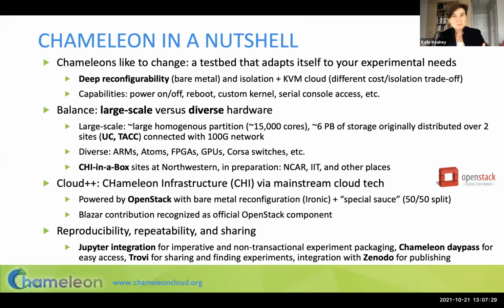Now, that can sometimes be expensive, right? The nodes that we're buying now for Chameleon have more than 100 cores per node, right? 128 cores per node for the AMD nodes that we're buying right now. So in addition to this bare metal reconfigurable infrastructure, we also have a KVM cloud. Right? And KVM cloud allows you to deploy virtual machines,